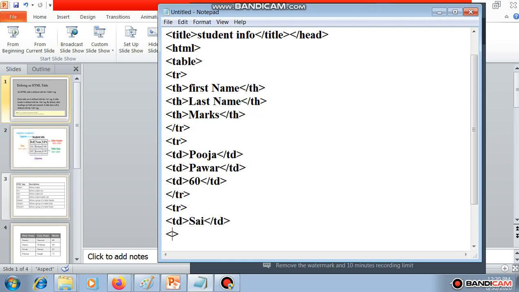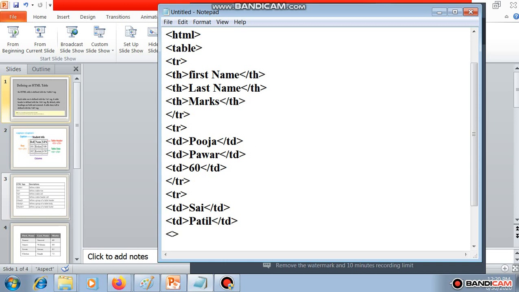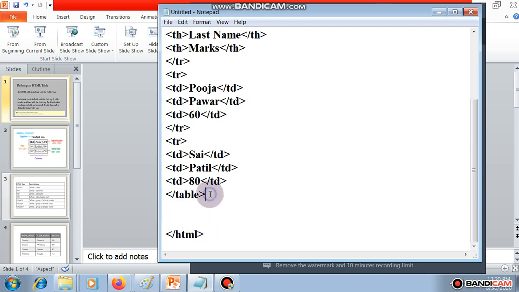Next open the td tag, Patil, td close. After that insert the Marks, td 80, td close. After that close the tr.